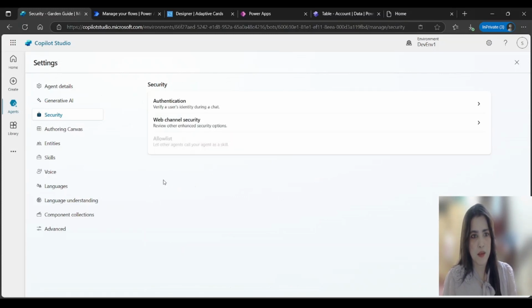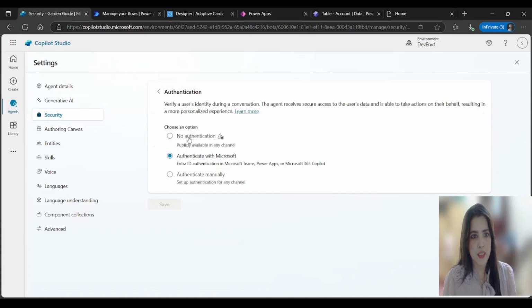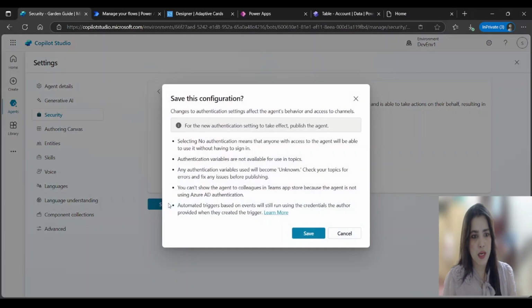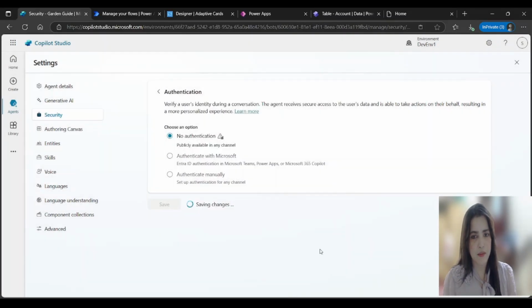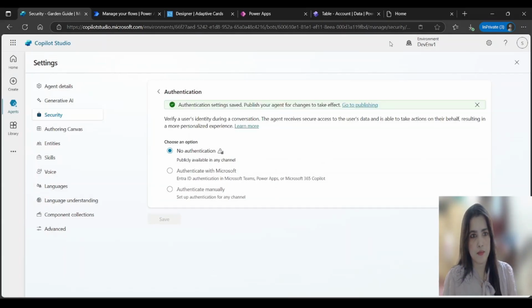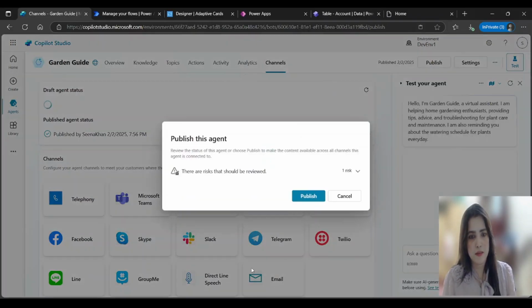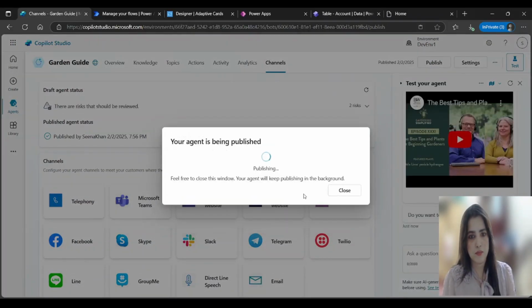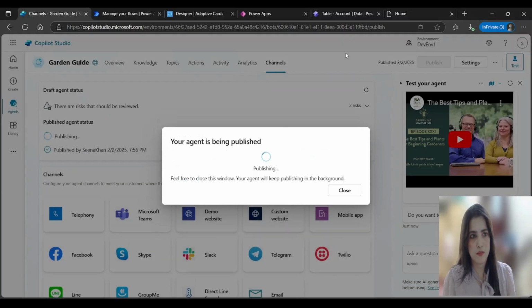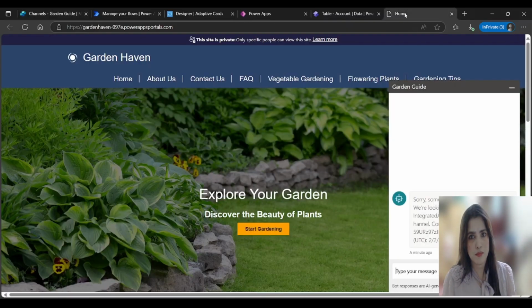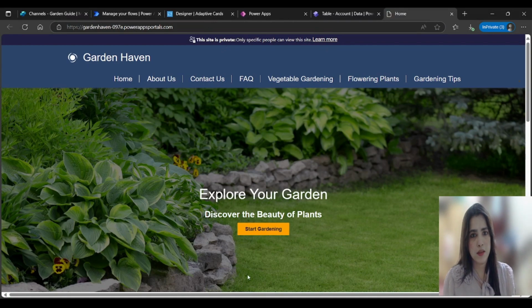For security, I have selected no authentication, and just save. Close this and publish it again. Refresh the page,